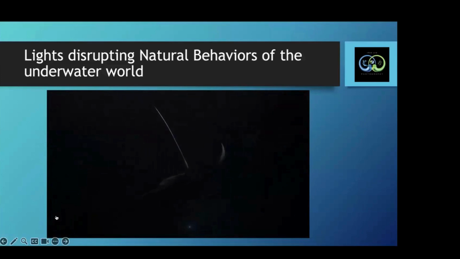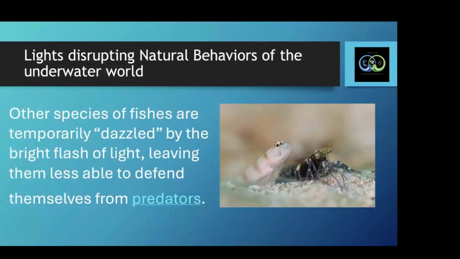They don't know what to do. So they circle and they feed and they go again. And once the lights are off and the planktons are gone, they move off to the other way. Then we have the other species like the fish, where sometimes we see a lot of photographers using really strong